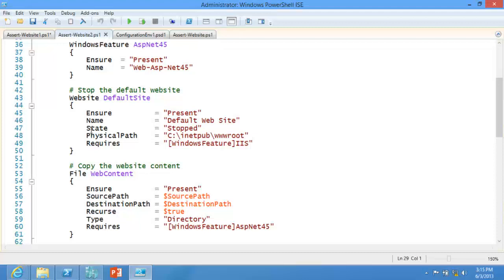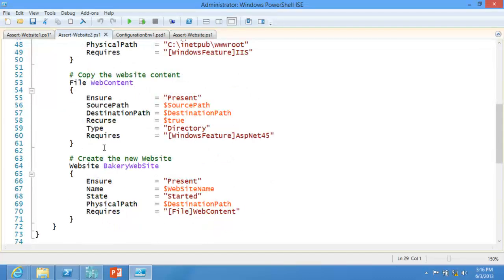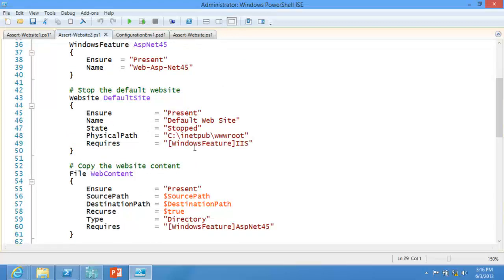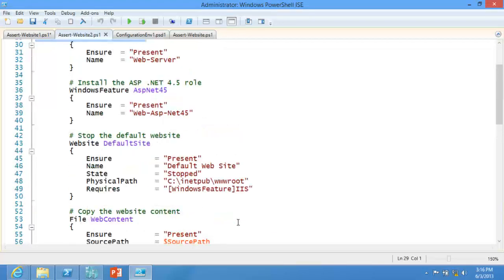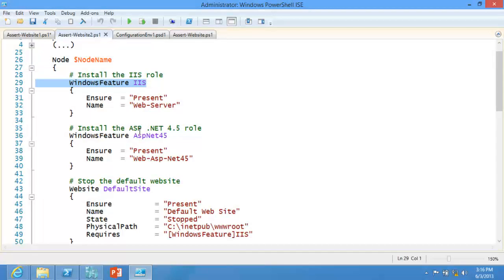We basically construct a graph, little pointers, and we say, hey, is what I require fulfilled already? The answer is yes. It runs the test. If the test fails, it runs the set. If the test succeeds, it moves on, and then the next one says, hey, what I require, is that working? So also we have here, as soon as you notice this, kind of implicit parallelism going on. IIS and these depend on different things. They could go at the same time. So you don't have to specify it. It just sort of happens.